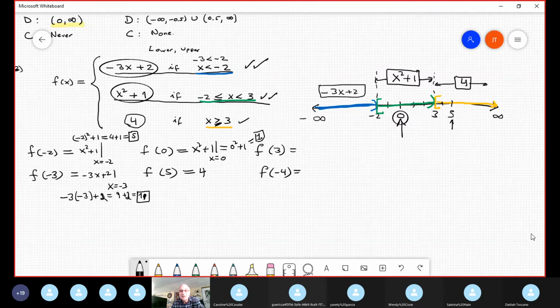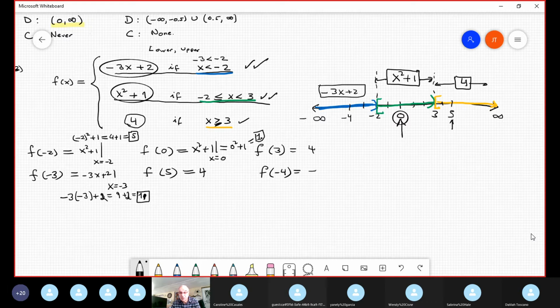Now, 3 is the transition point, which is confusing. I understand, but it belongs to the yellow because it's equal. The equal sign is the most important information in the transition point, and in the connection to the interval, you need to be careful with it. So it's obvious that it belongs to the yellow, and yellow is 4. And that's it. And negative 4 belongs to the blue,